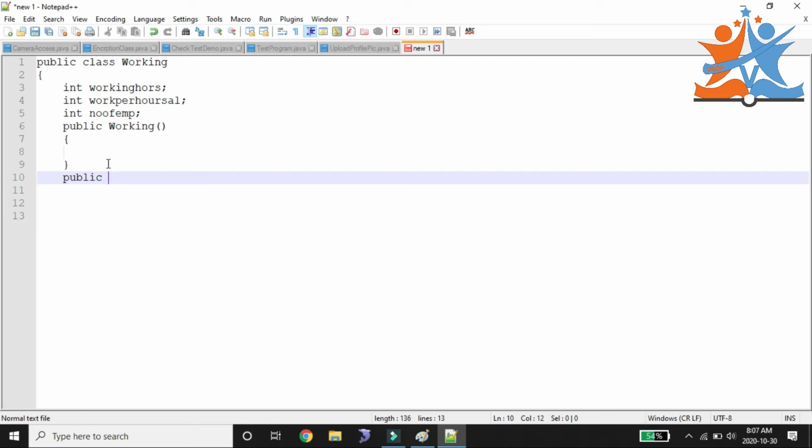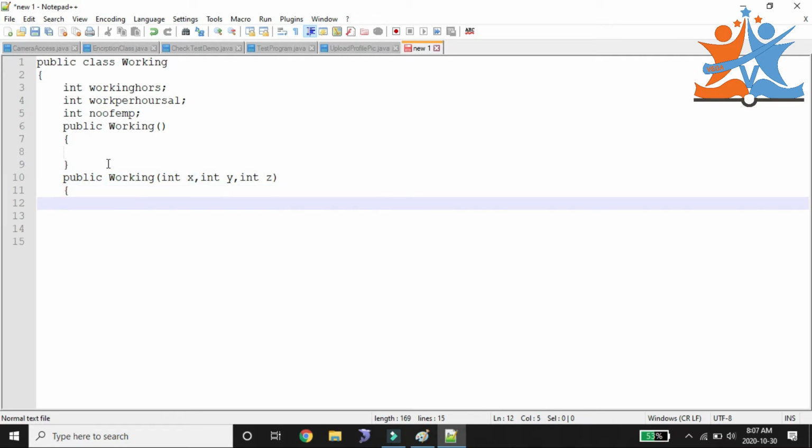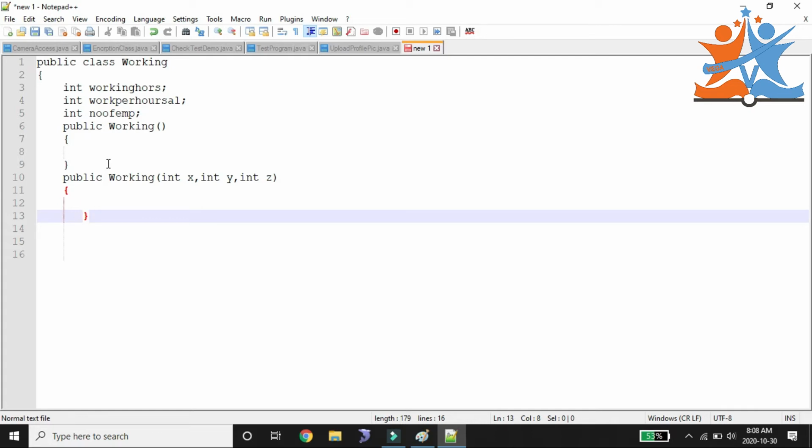Public Working, taking the parameters int x, int y, int z. It is a three argumented constructor. We will see what we need to write inside of this.